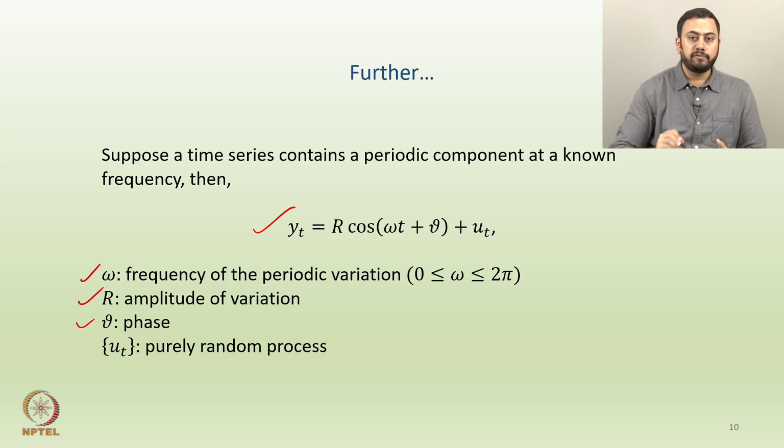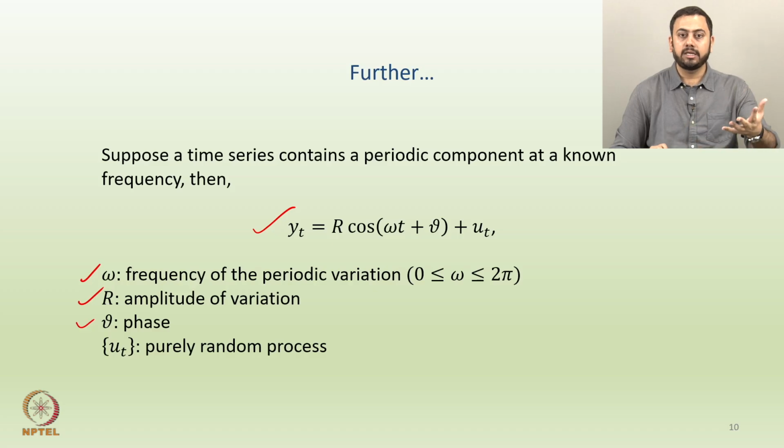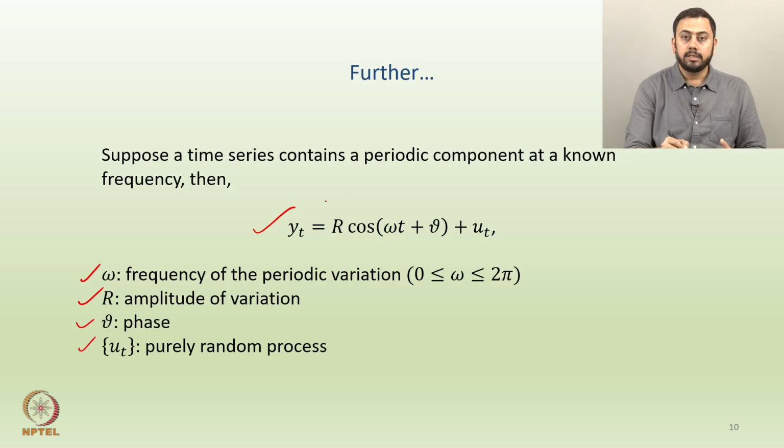Then this nu stands for phase, and again do not worry, we will try to explain each and every quantity in some other lecture which would follow this week. Okay. So, omega, again just to summarize, omega is the frequency, capital R is the amplitude, nu is the phase, and then the last thing u_t is a purely random process. So, u_t is a random variable. Make sense? So, suppose a time series contains a periodic component or the oscillating factor, I can actually write down the time series in this kind of a manner. So, the amplitude multiplied by cosine of the frequency into t plus the phase plus u_t. So, u_t is a purely random process.